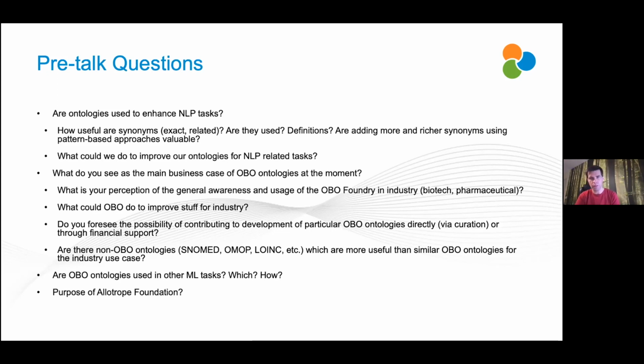What could OBO do to improve stuff for industry? So I think we've talked about that a fair bit of length, I think. But I think licensing is a big one, isn't it, James? I think, but actually the OBO Foundry does that really well. Which one, sorry? Licensing, which you mentioned earlier. Yeah, absolutely. Having to wrangle different licensing, trying to figure out what you're allowed to use and what you can use it for is such a headache. It's a huge one, yeah.